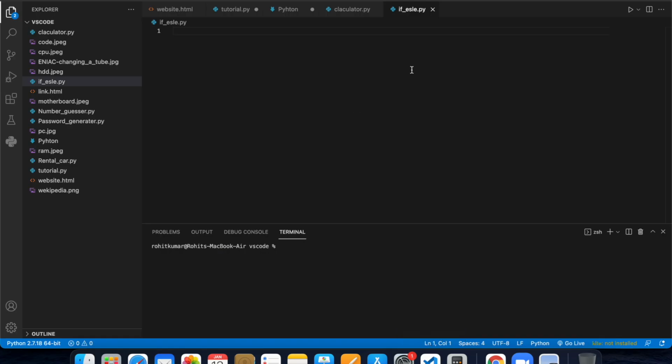As you can see, I have created a file named if else.py. Now we will write a simple program using if and else conditions. First, I am creating a variable named cars and I am putting here some names of the cars. For example, I am putting here